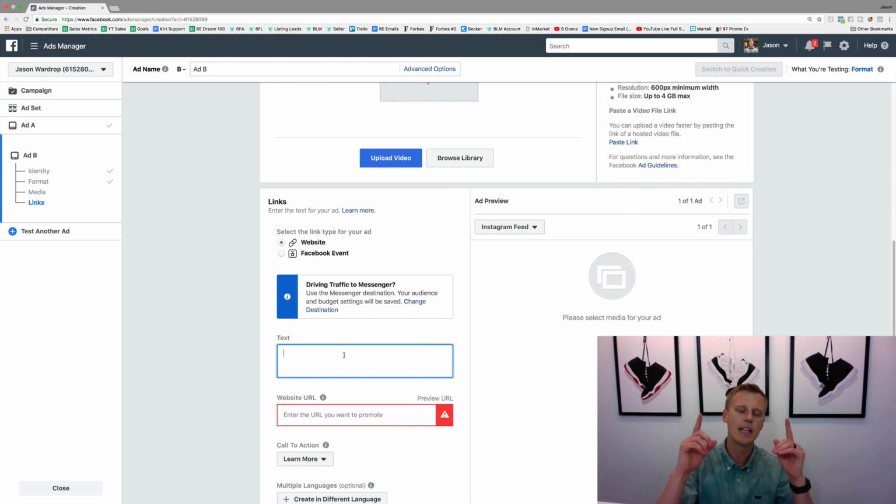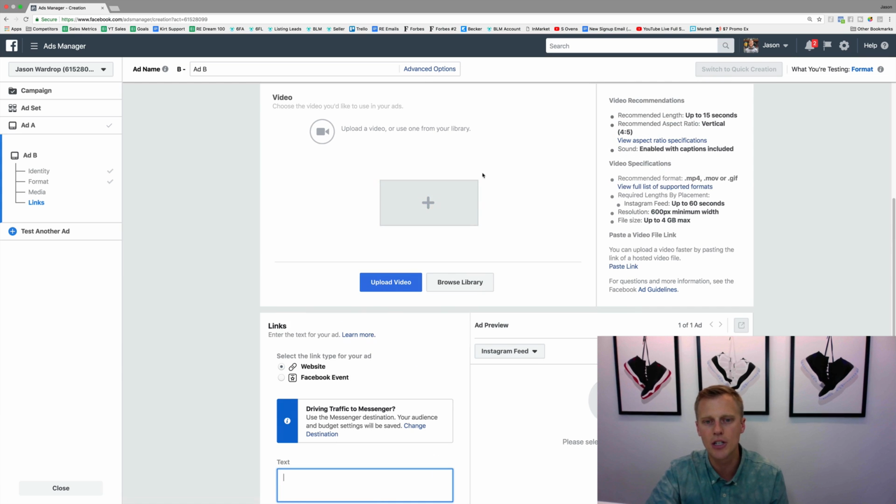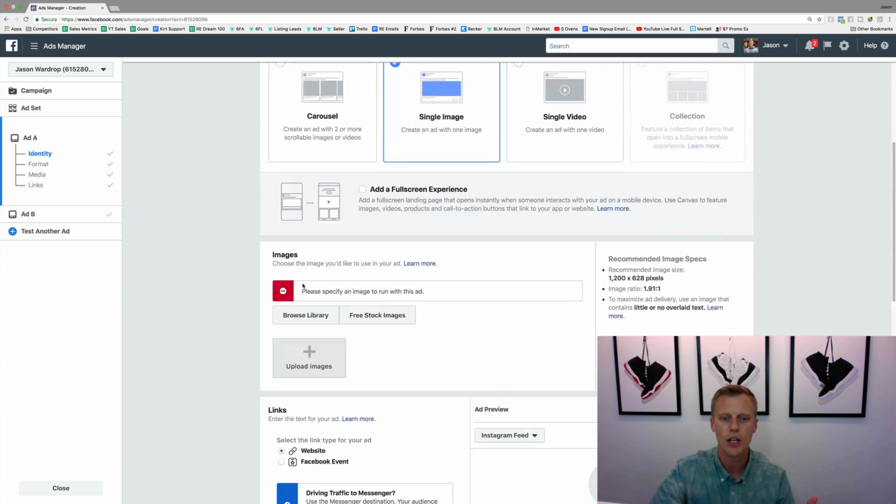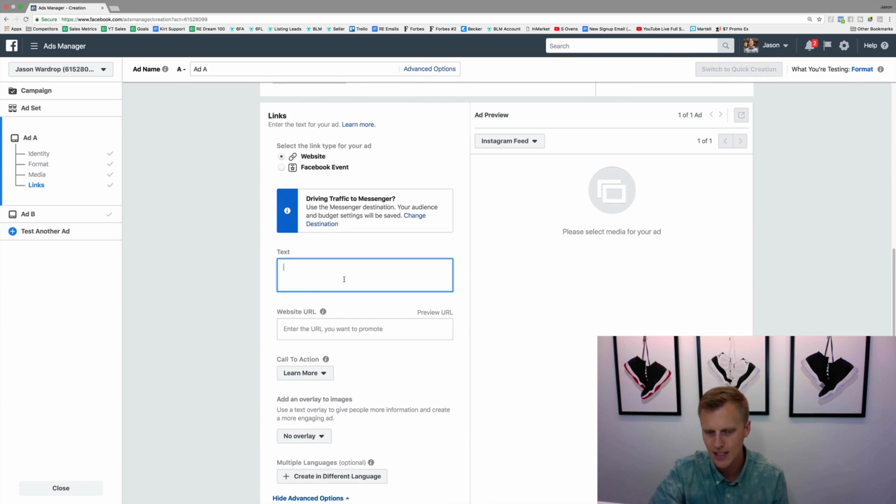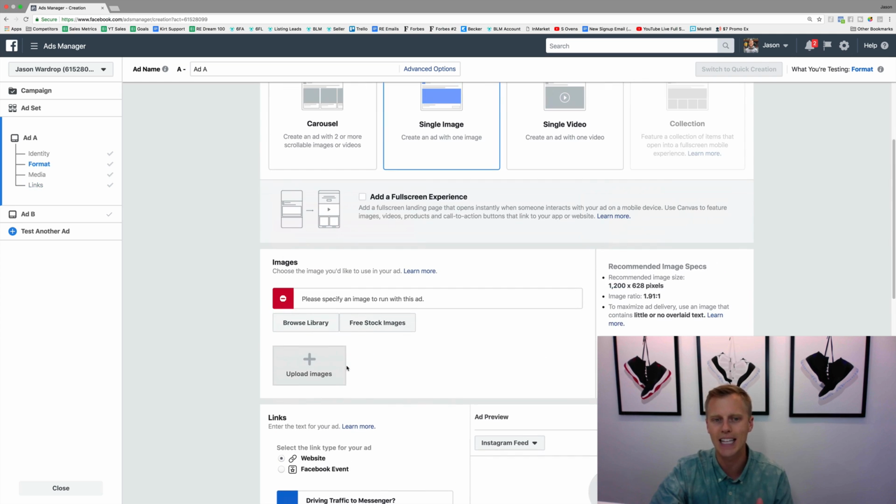But keep in mind guys, only change out one thing. So if on ad B you're doing a video versus ad A you're doing an image, you want to make sure that this text is all exactly the same. You want to make sure your call to action both says learn more. You want to make sure that is all exactly the same as well. You want to make sure it's going to the same exact landing page,